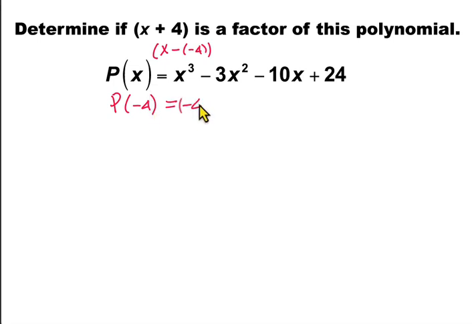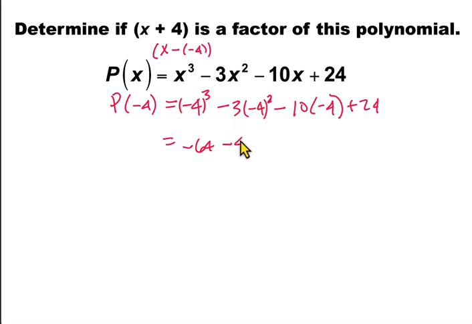equals negative 4 cubed minus 3 times negative 4 squared minus 10 times negative 4 plus 24. Simplifying, we get negative 4 cubed is negative 64. Negative 4 squared is 16. Times 3 is minus 48. Negative 10 times negative 4 becomes plus 40